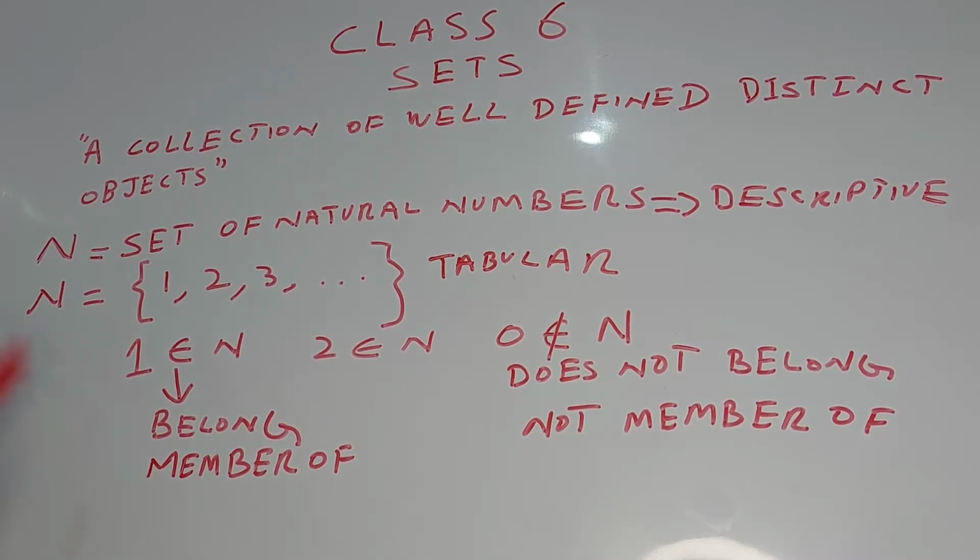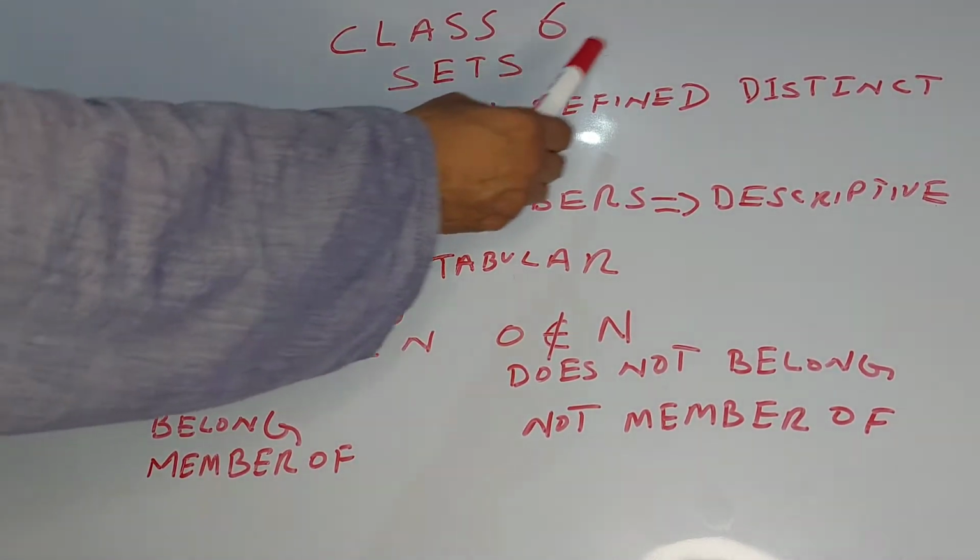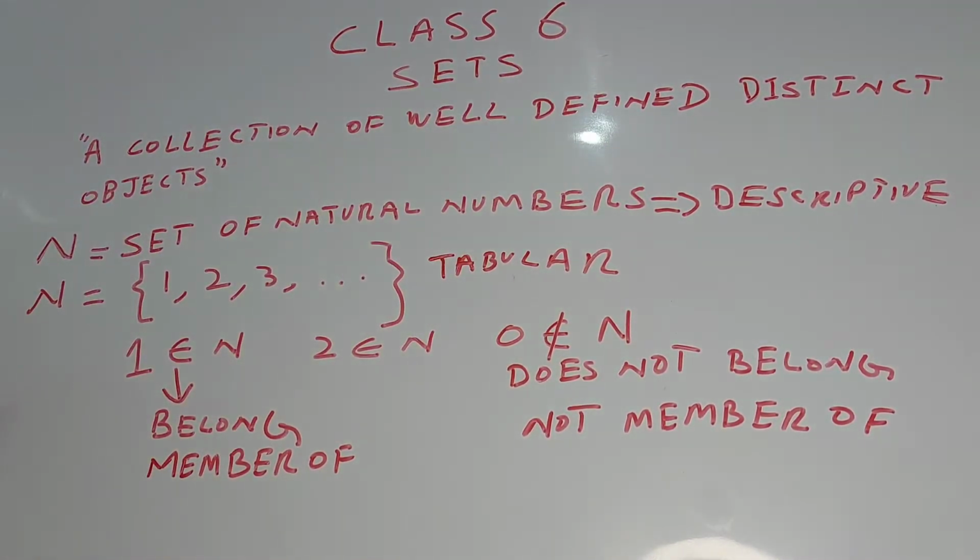What is a set? A collection of well defined distinct objects is called a set. जैसे हम डेली लाइफ के अंदर सेट का वर्ड यूज़ करते हैं, फॉर एग्जांपल सोफ़ा सेट, डिनर सेट, टी सेट, सेट ऑफ फिंगर्स ऑफ हैंड, set of toes, set of items a student wears. So these sets consist of well defined distinct objects.